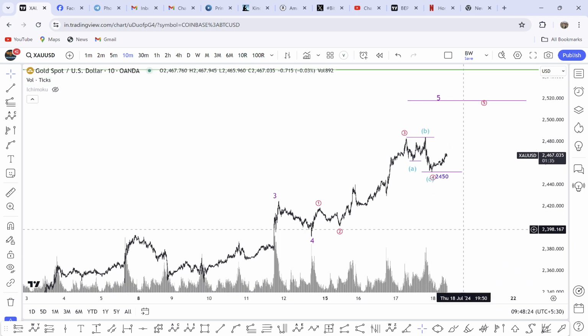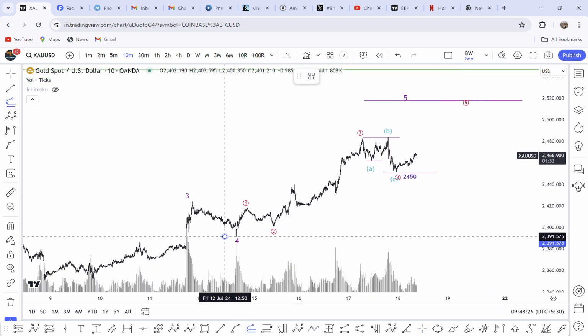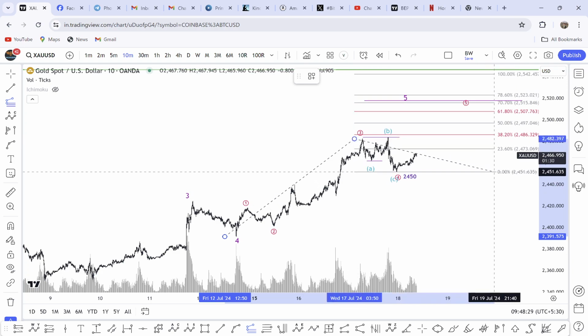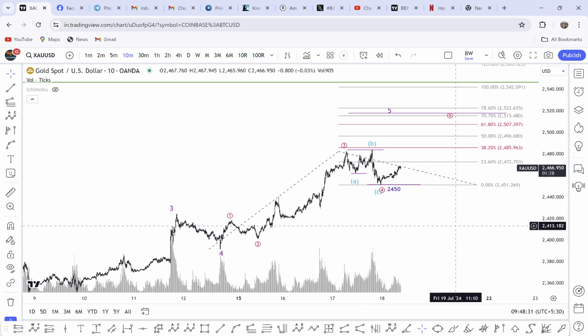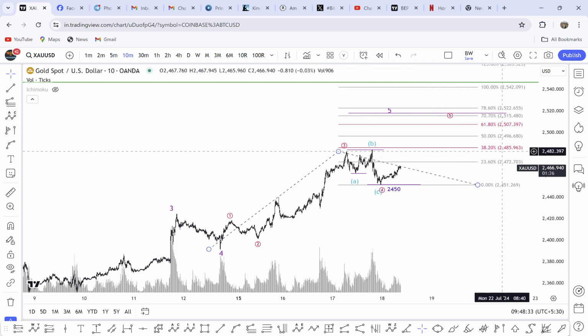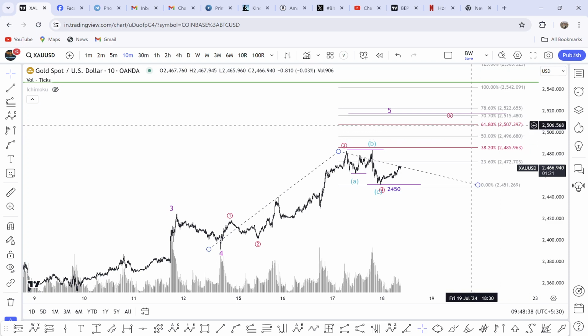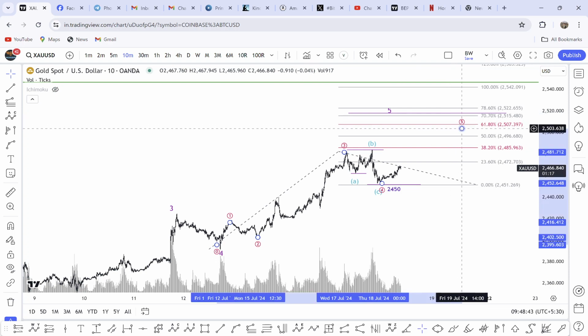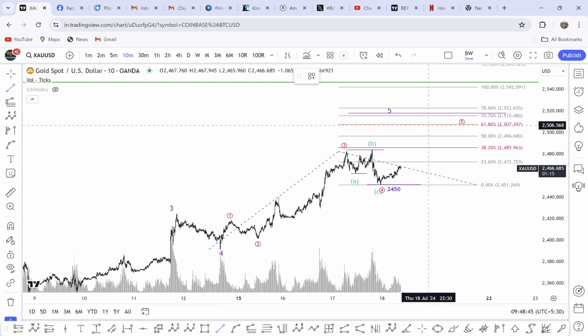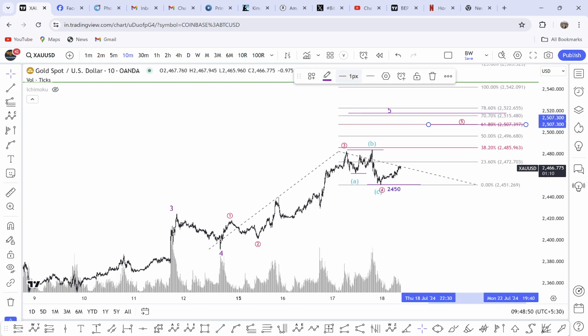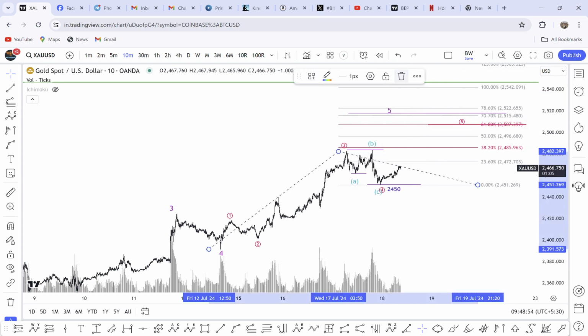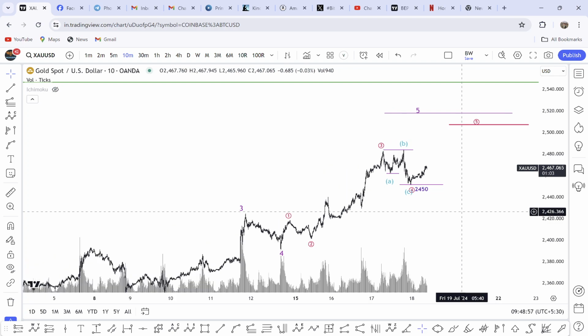Let's see the 0 to 3 and extended Fibonacci extensions. First target is 2485, second 2496, and third one is 2507. So this is our target. 2506,